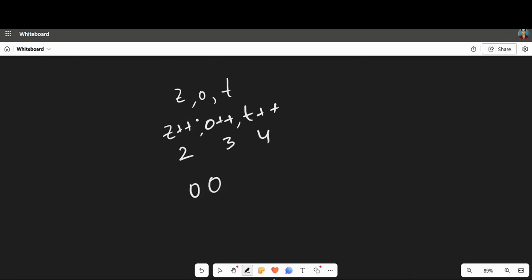So one simple method would be to count the number of zeros, ones and twos. So you iterate through all the zeros, ones and twos. Whenever you get a zero, you increment the zero count. When you get ones or twos, you can increment them. Suppose at the end you get two zeros, three ones and four twos. So you can iterate through the original array and store it something like this. So this is quite simple.